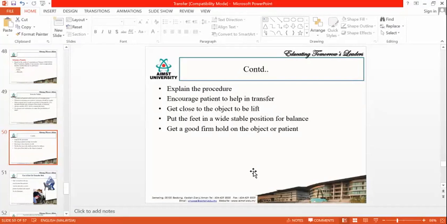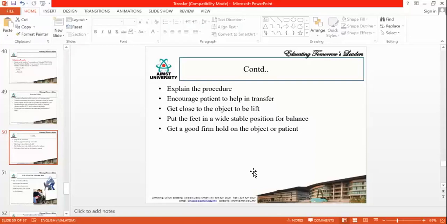Sometimes some of the therapists may have some other idea. For example, you are having two wheelchairs. You are thinking to shift the patient to the wheelchair on the right side, and the other person is thinking to shift the patient to the left side. Then one of you will be pulling the patient to the right, another person will be pulling the patient to the left. So you have to avoid all these kinds of confusions. You have to explain the procedure even if they know about it. So clearly explain the procedure.